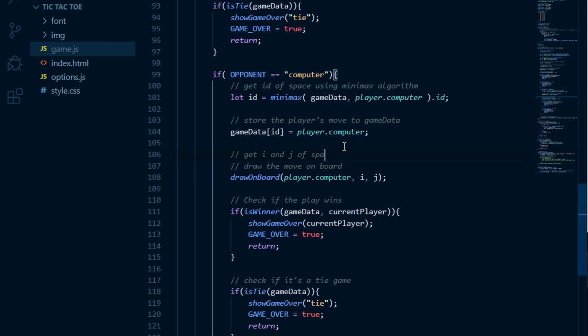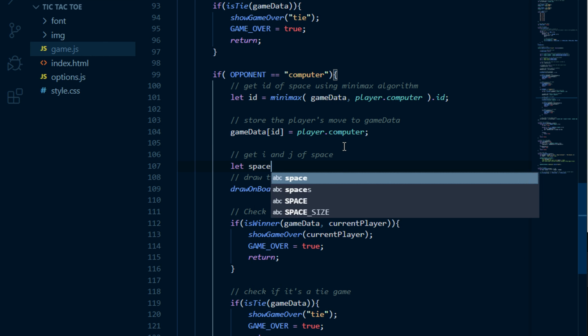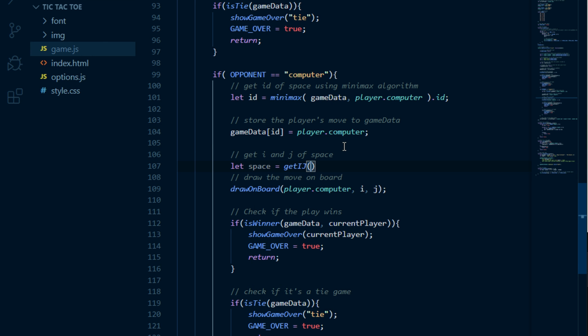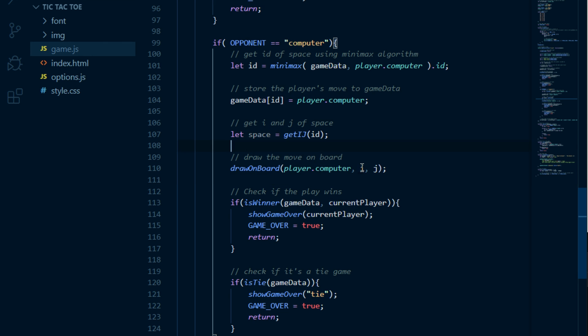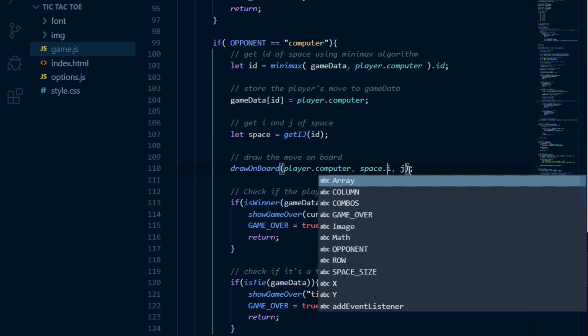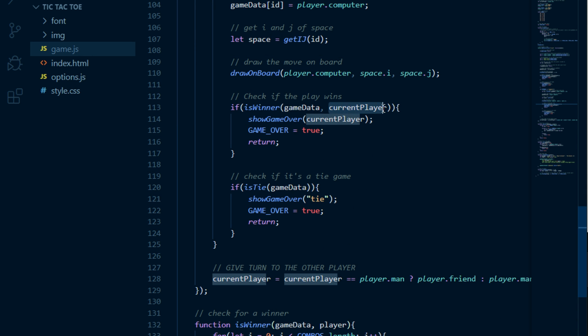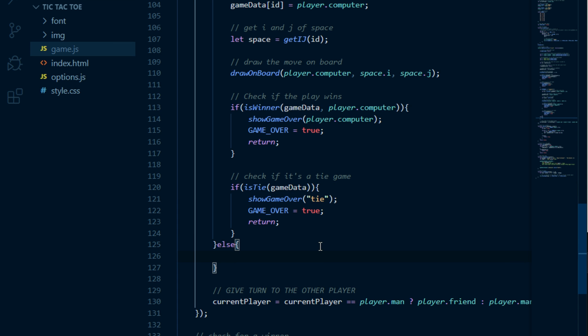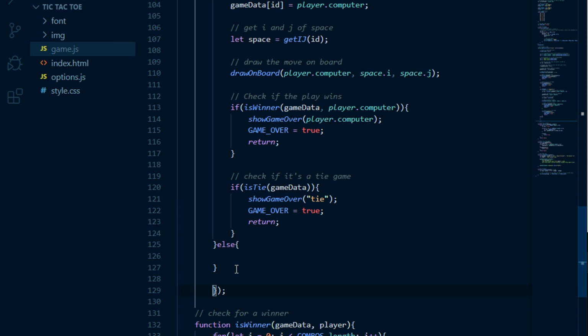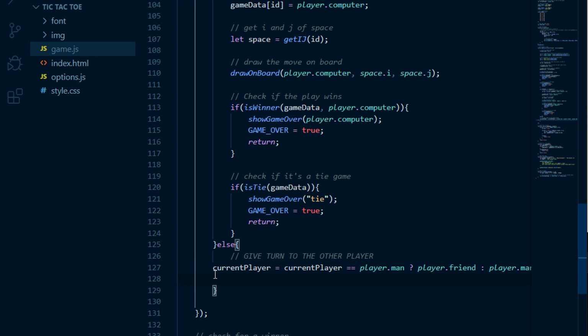Now we need to get the i and j of the space. So let's say space equals getIJ. We'll see this function later. So this is going to be space.i and space.j. Here it will be player.computer, the same here. I'm going to say else. So if we are playing with a friend, here,